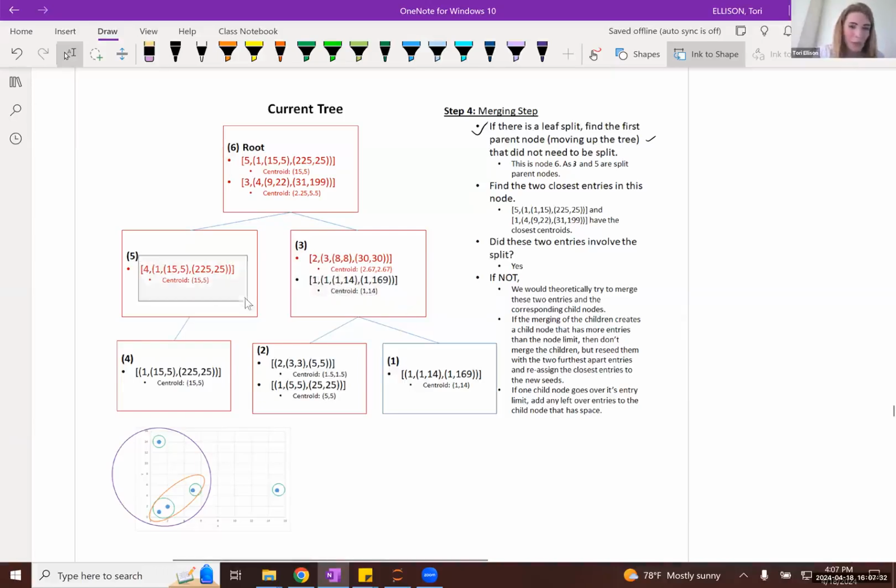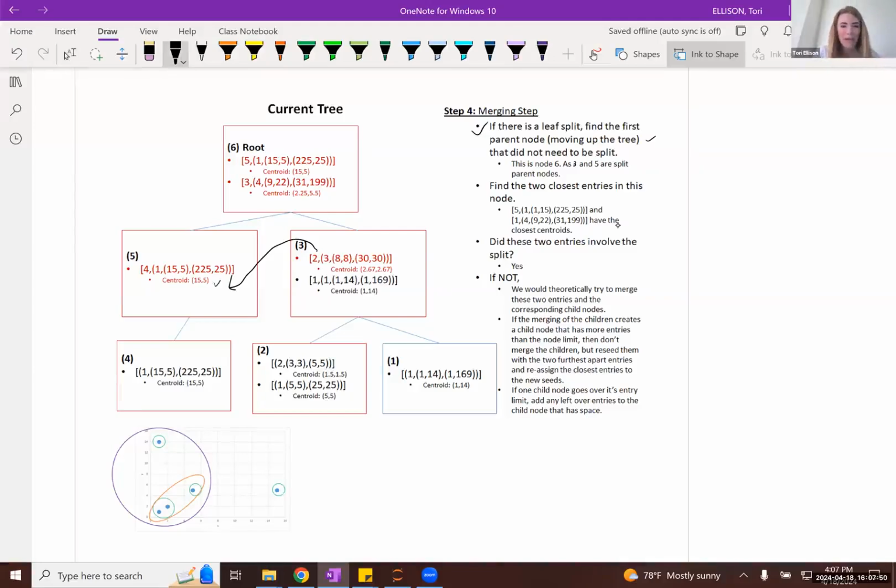You would choose this as a seed, choose this as a seed, and then assign this cluster to this cluster here because they were the closest.